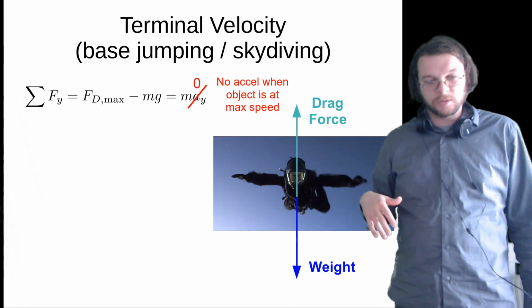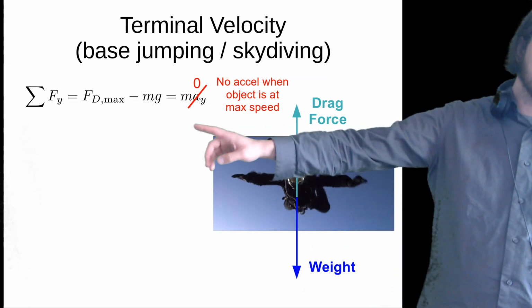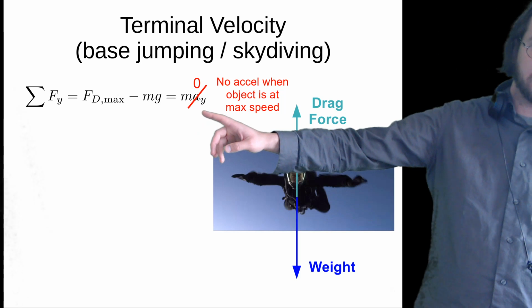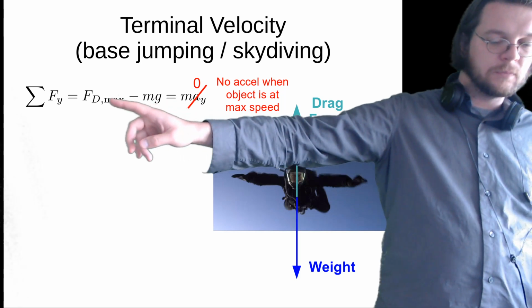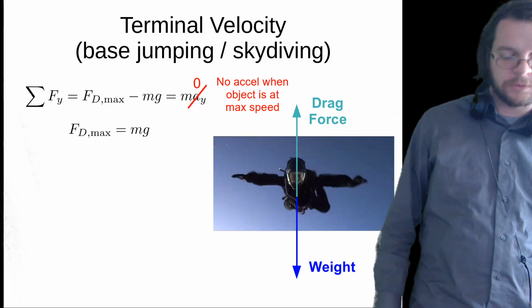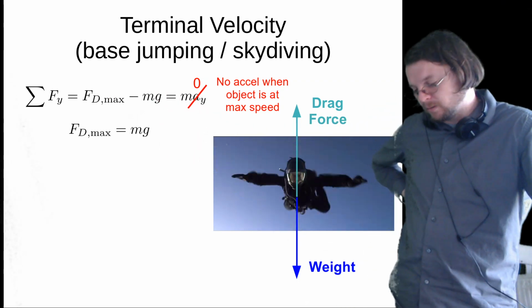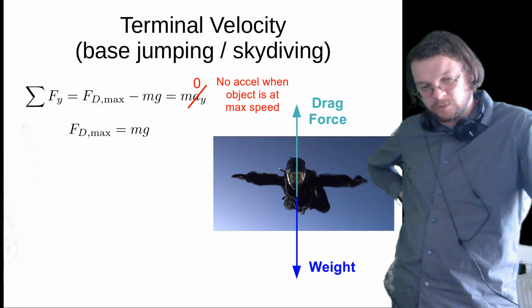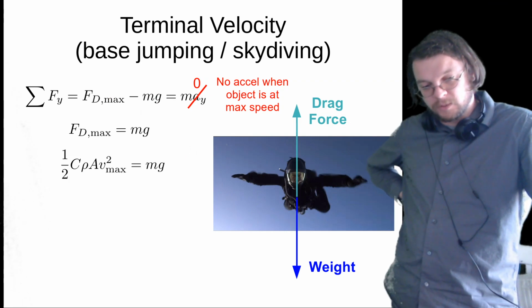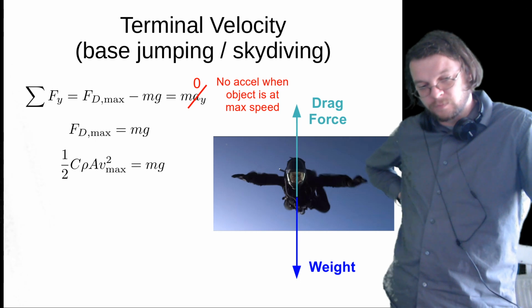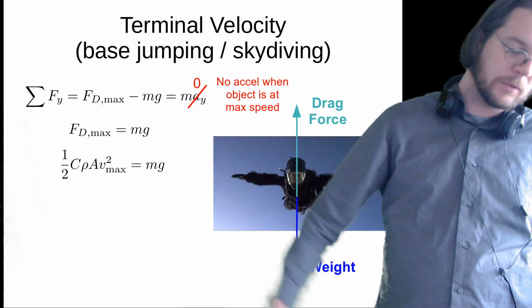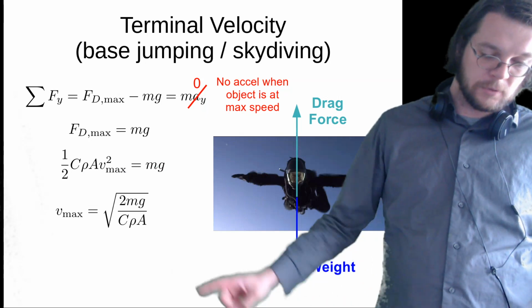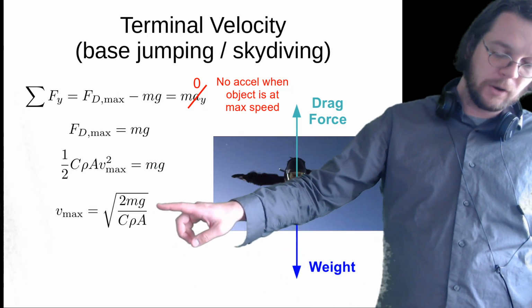at a constant speed, right? So a_y is not equal to 9.8. a_y is equal to 0 here. And so this drag force is equal to the weight. And because of that, we can calculate what this maximum velocity would be. Because we know what the drag force is, we can rearrange this, multiply both sides by 2, divide by C rho A, take the square root, and we get this, which is very similar to what we found before, except that on the